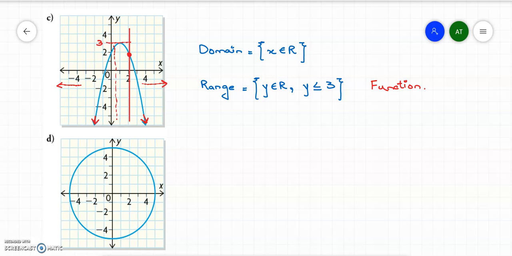Okay, moving to the D part. Let me figure out the domain and the range of the D part. Again, the domain are the x values. The x values are covered between these two red dots, and here it is -5 and here it is +5. So we can say that the domain is